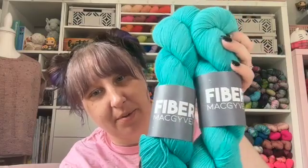This is a new brand for me, Fiber MacGyver, in their color Breezy. This is their merino sock colorway, 437 yards of fingering in each skein. I thought this was a really fun color that I don't really have in my stash, and I haven't really seen